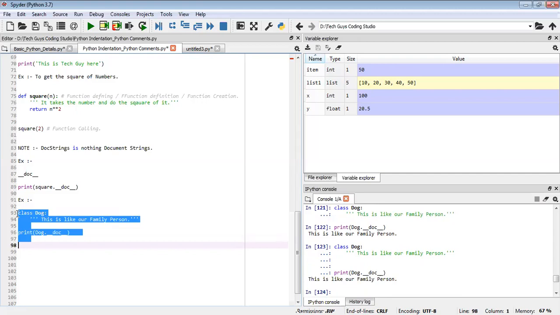Some people know how to use single line comments and multi-line comments, but sometimes in interviews they will ask where to use them in real time, and that time we need to answer. Most students are aware of these things, but they don't know where we use them in real time.